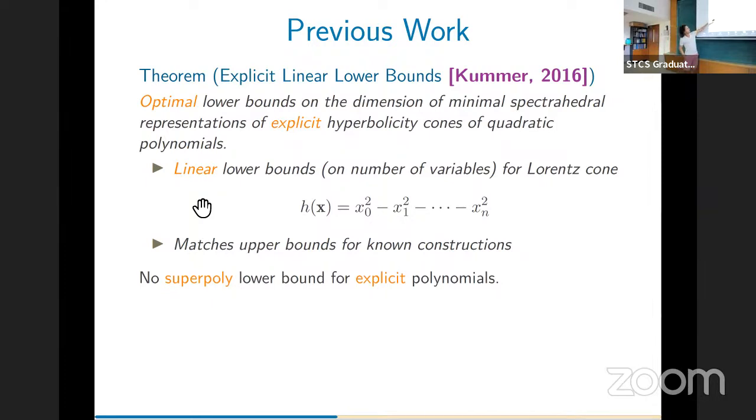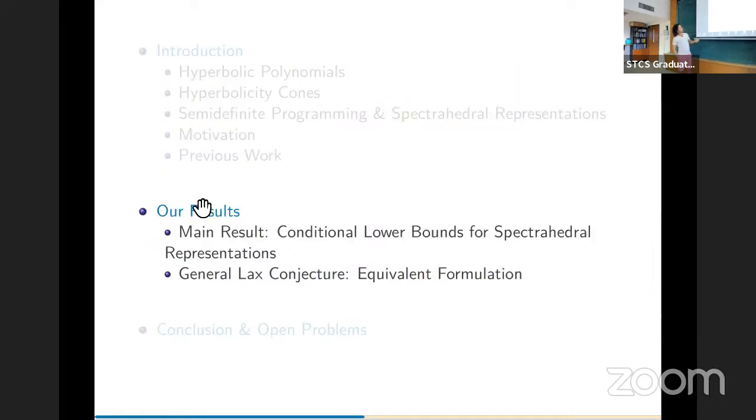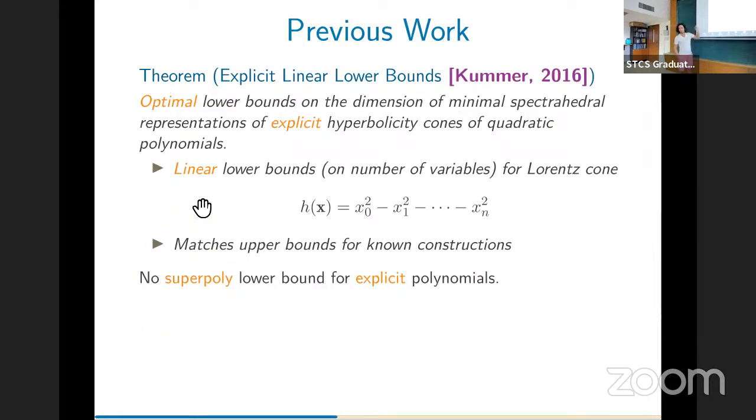Okay. And we don't have, again, super polynomial lower bounds, right? And that's kind of where we go from here. But even these questions are quite interesting, right? So, more questions. No, keep going.